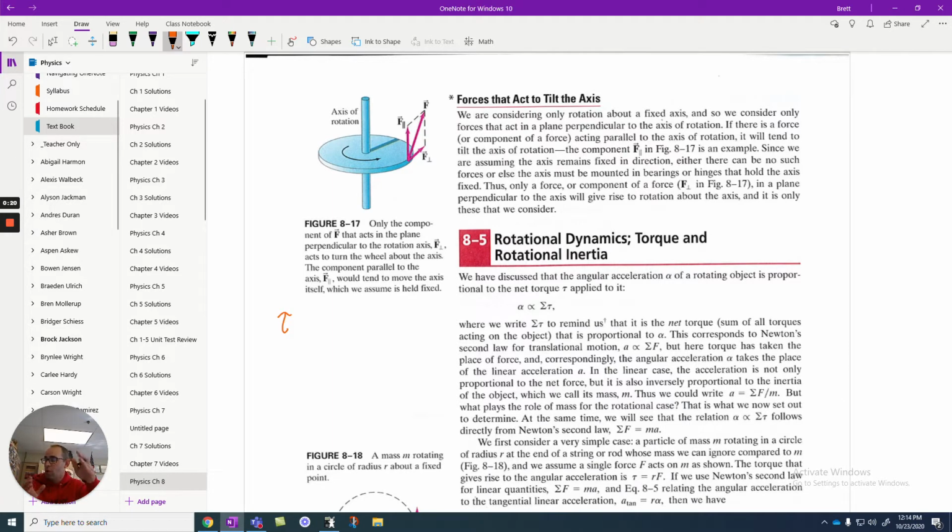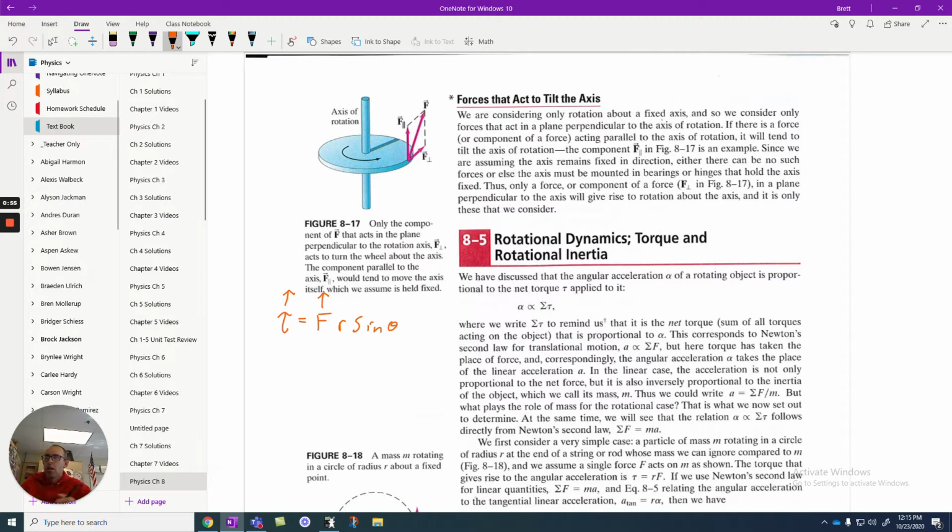We talked about how it's a force applied at a distance from the radius of rotation. And what we have to recognize is that the bigger the torque is, because torque is force times the radius times the sine of the angle between them, if we have a big force, which means we have a big torque, we would expect the rate at which the wheel or object accelerates to be faster. Whereas if I just give it a little torque, we'd expect it to have a small amount of acceleration